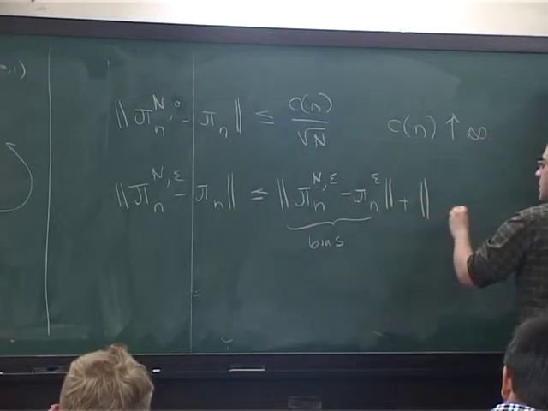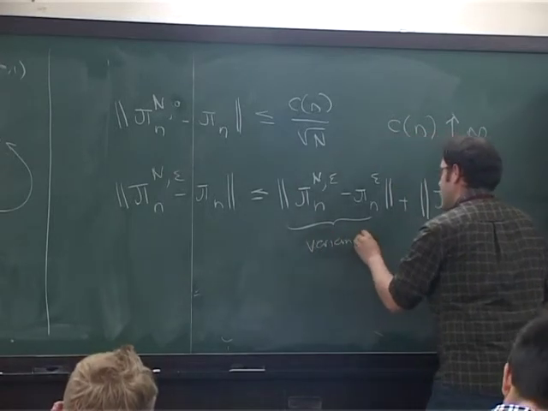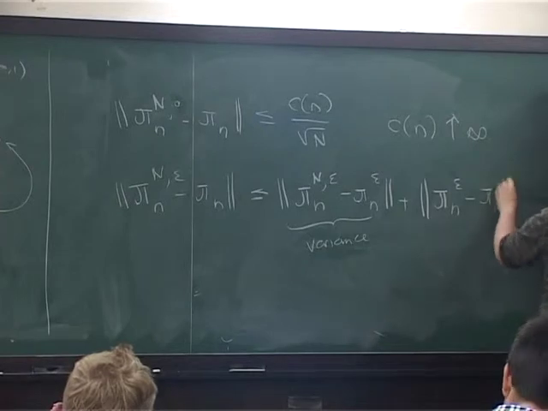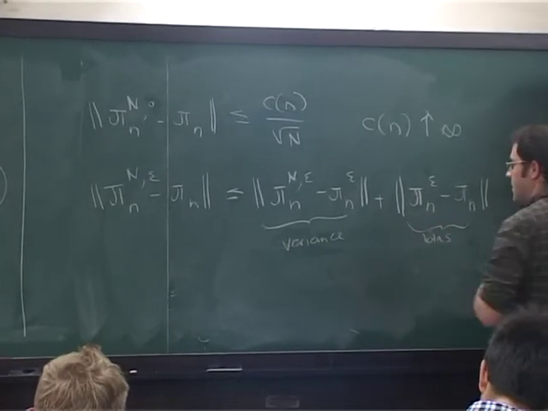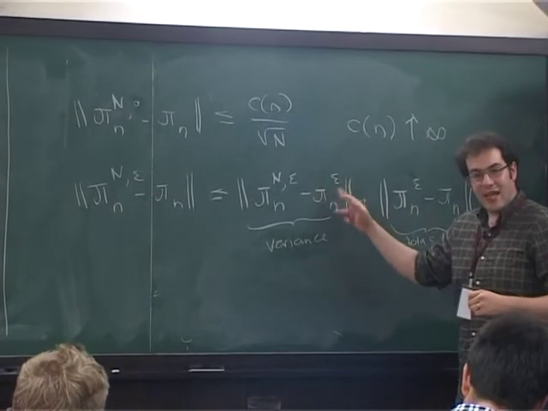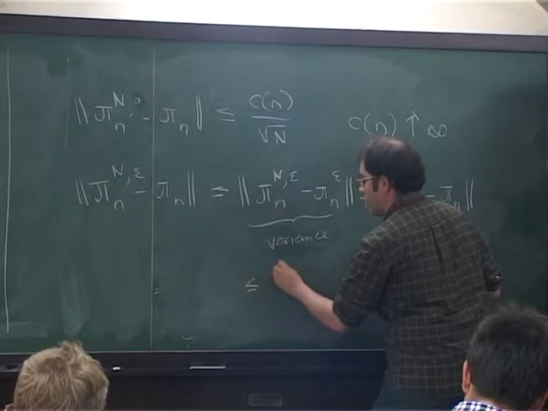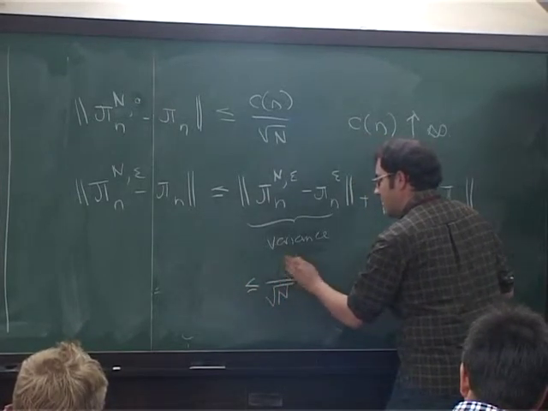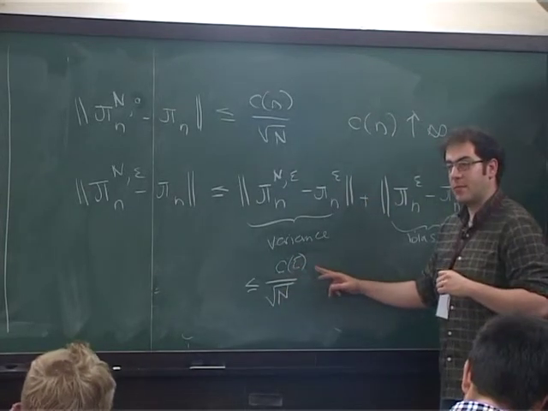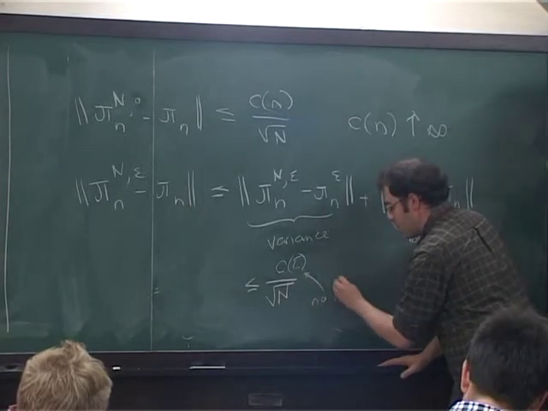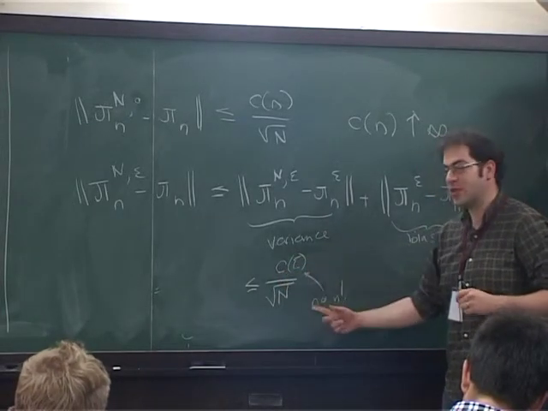And then you have the error between, sorry, this is the variance. And then you have the error that you get by approximating the correct model without dynamical noise by the wrong model, right? So this is the bias. The idea is that the filter with the perturbation is stable, so this term should be of order 1 over square root n, just times some constant. It's a constant that depends on epsilon, but not on time. This guy is stable, so we get an error that doesn't depend on time. But it blows up if I let epsilon go to 0.